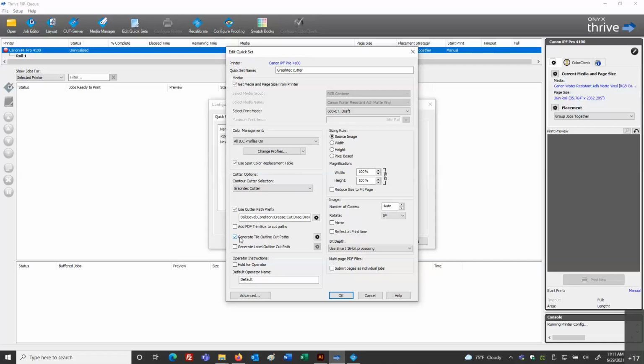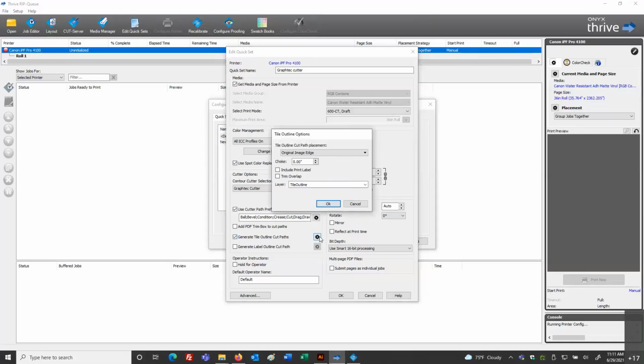Now this feature has a little gear, so this has some additional settings in here for control. In that gear, we can identify what the cut path placement should be based on: the original image edge, the bleed edge, or the trim box edge. We can also choke the value of this cut shape to be a little bit smaller, right?